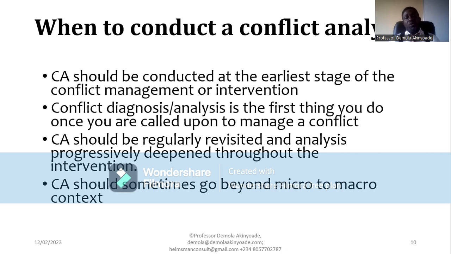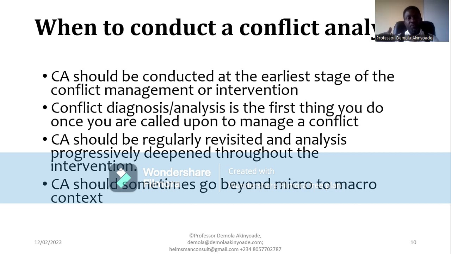So when do we conduct conflict analysis? As early as possible. Just like a medical doctor will not treat a patient until tests are conducted, until it has made sense of what is happening. And we do that immediately the patient comes in contact with him. So also, conflict managers, immediately conflict is brought to our attention or we are called to intervene in the conflict,